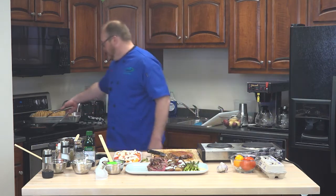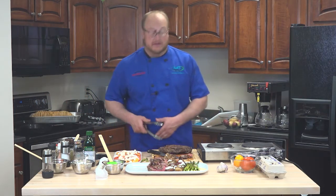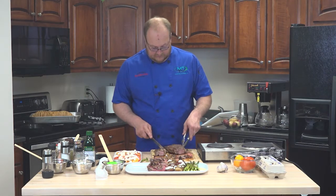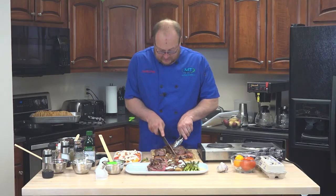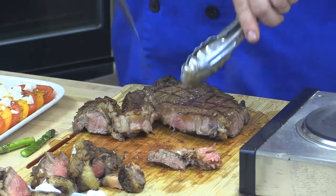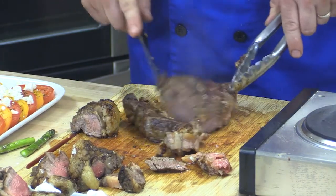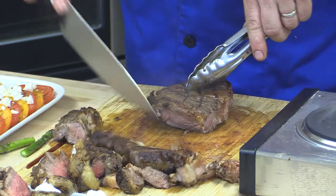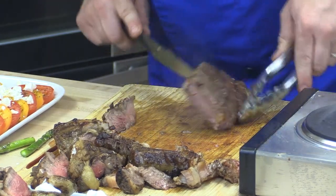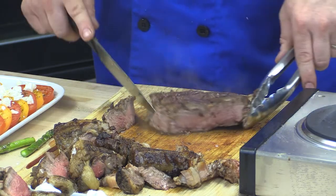Okay, here's one that's a little more done for those that don't like as much red. So we'll slice it up, and I'll do this one more lean. This is for the picky. This is for the back crowd that's picky. So we'll slice this all the way around. We'll get all the fat off of it. You know, that's a pretty lean cut of steak, and it's more to the medium well